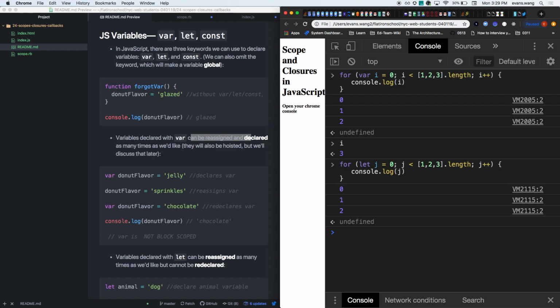Cool. What's J? J is not defined. So what I mean by var is not block scoped, that means that if I were